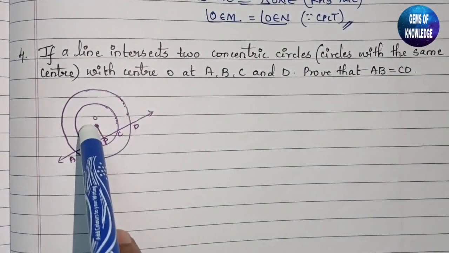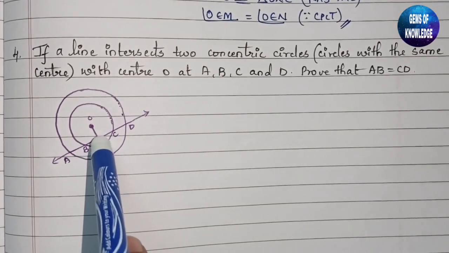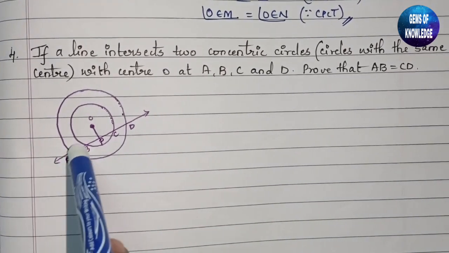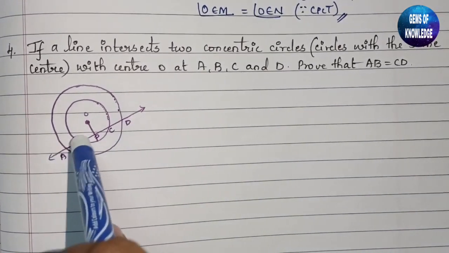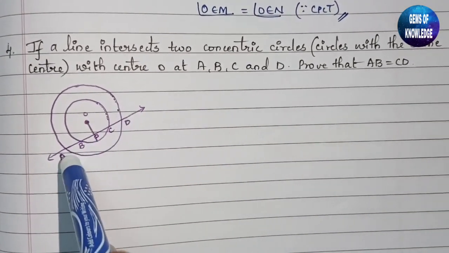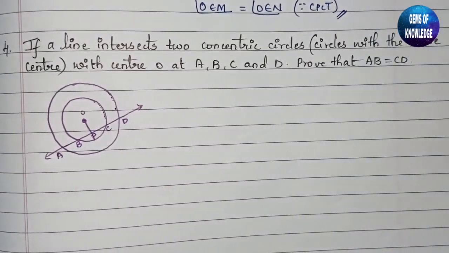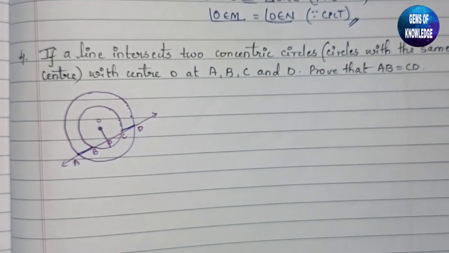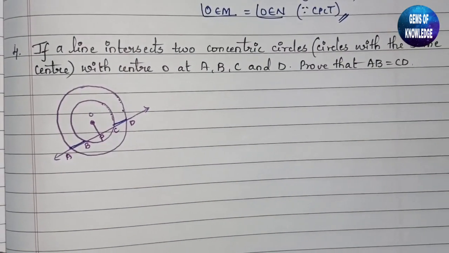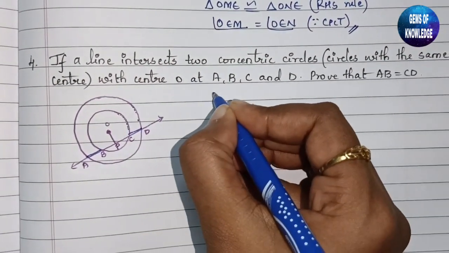With center O, they have given points A, B, C and D. So this line is intersecting these two circles at A, B, C and D. Prove that AB is equal to CD. We have to prove that this part AB is equal to this part CD. So what we will write is, given,